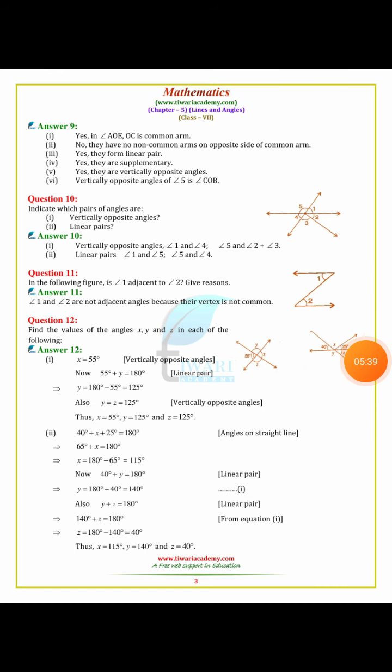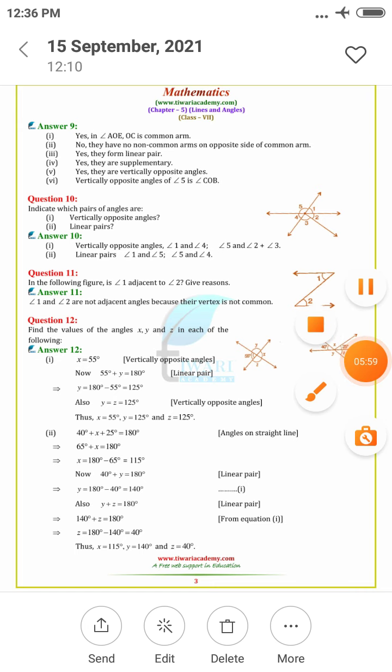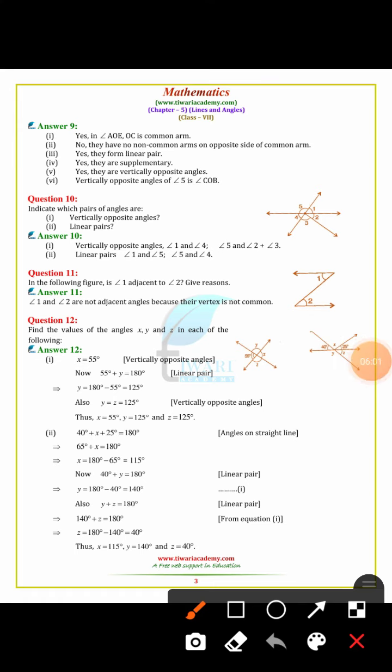Okay, now we move on through and discuss some problems related to the linear pair and also adjacent angles. Here this is the 10th question: indicate which pairs of angles are vertically opposite angles. So for the first question, the answer is 1 and 4, and 5 is equal to 2 plus 3 because of,